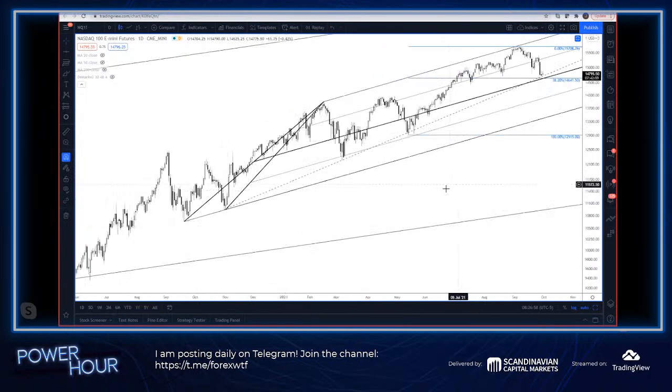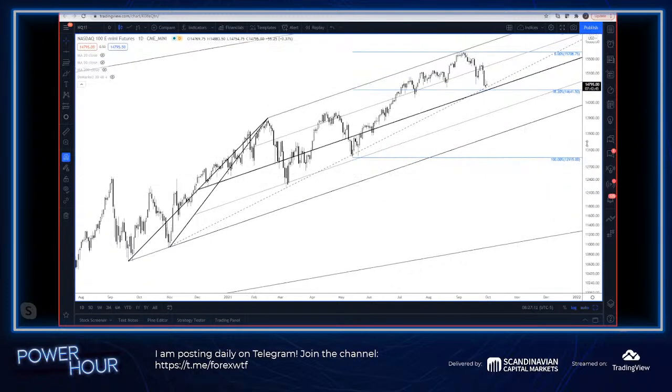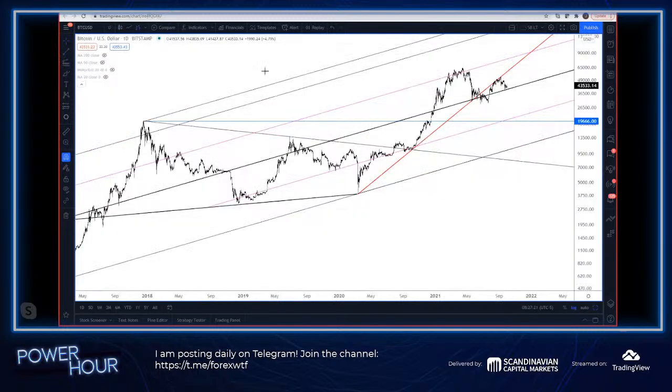Here's the Nasdaq, just real quick. Looking at the Nasdaq, back to the September channel and the trend line from November, and the 38.2 retrace from the May low is 14,641.50. It's a big spot, right? I mean, the biggest level that we could look at right now, as far as everyone's talking about, would probably be,